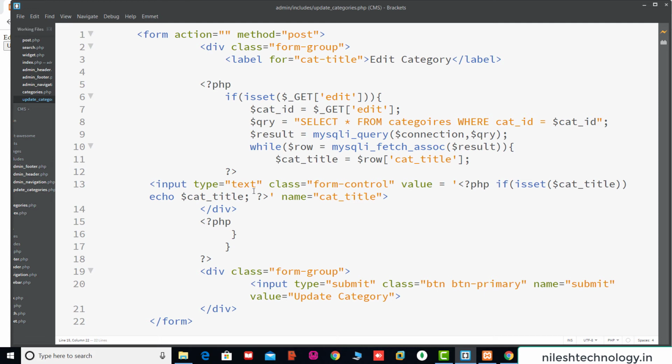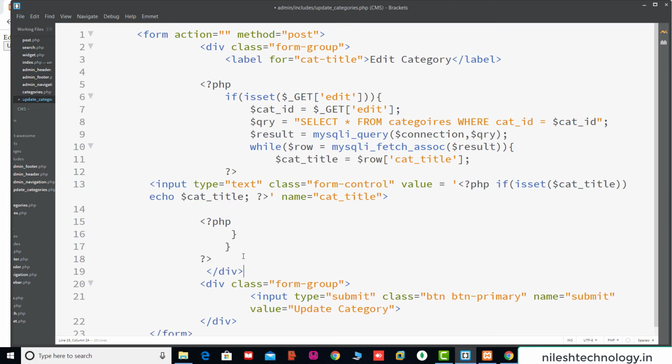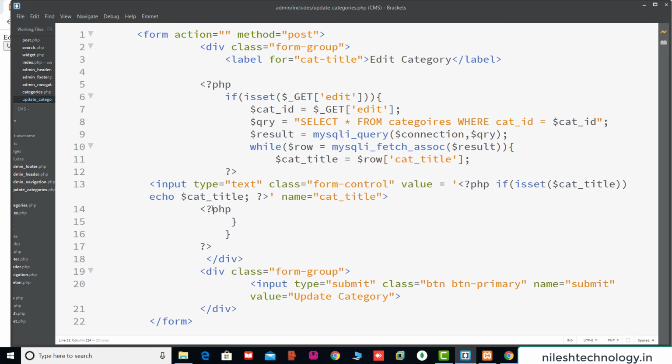Input type equal to text, class equal to form control, name equal to cat title, and this is your value. So we move this div tag after this script. Save here. By using this closing div tag, here we change this. So that's why by using this div tag the design was changed.